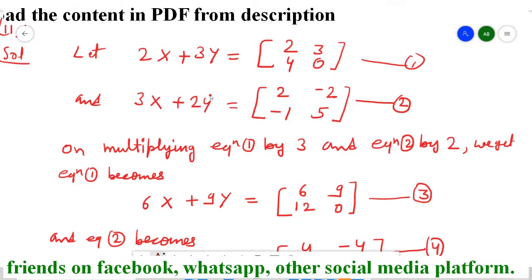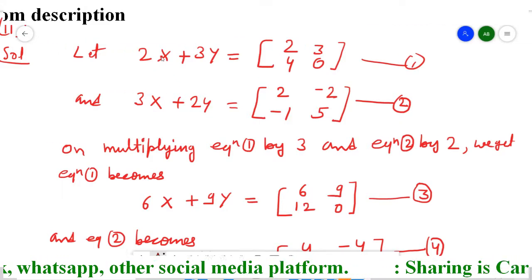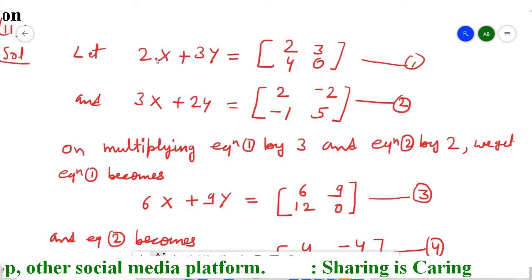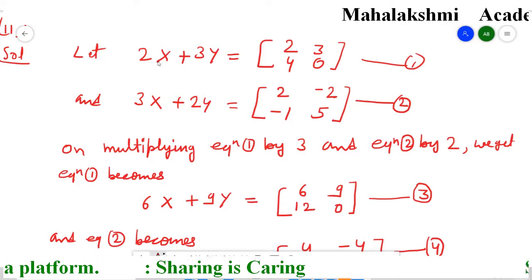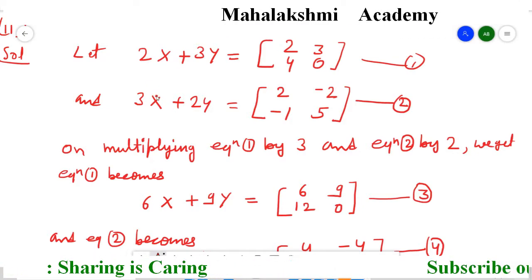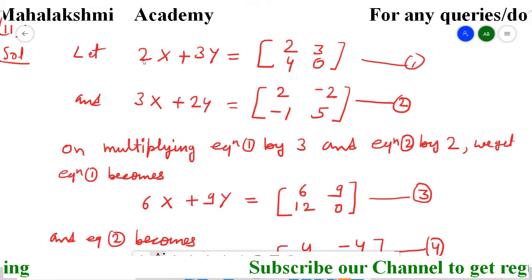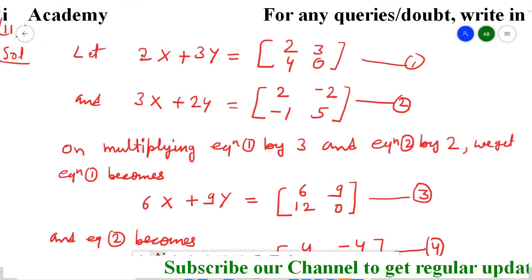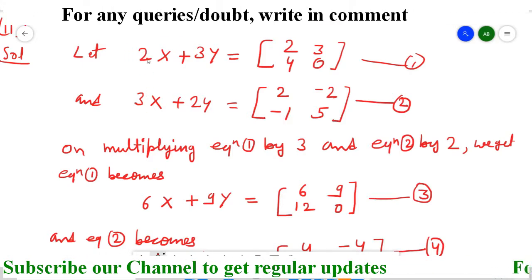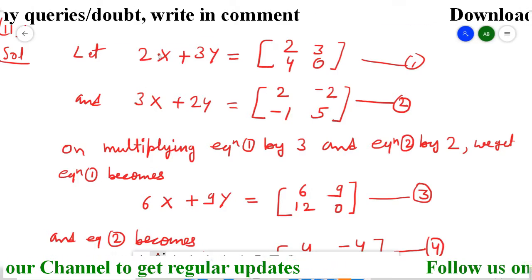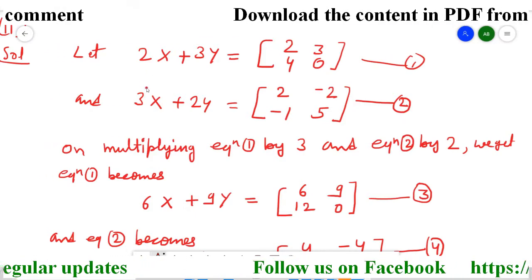Now here again we are interested in using the same elimination method. For that, when we observe the coefficients of the variables, we can see that the coefficients are not the same. So to apply the elimination method, we have to make the coefficient of one variable the same. So here I try to make the coefficient of x the same. I multiplied equation 1 by 3, because it's going to be 6, and equation 2 I multiplied by 2, so it's again going to be 6. So instead of this 2, here also 6 and here also 6, so that their coefficients will be the same.